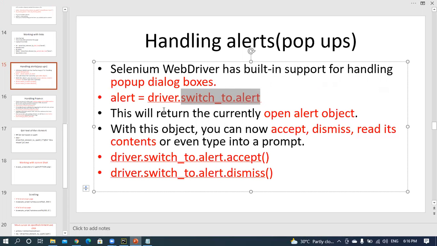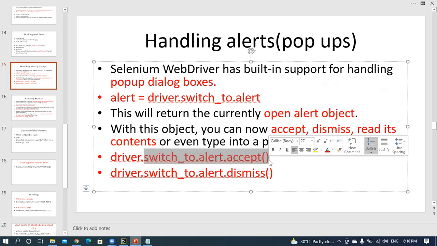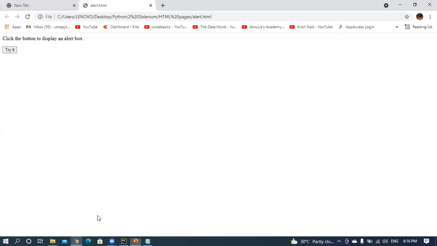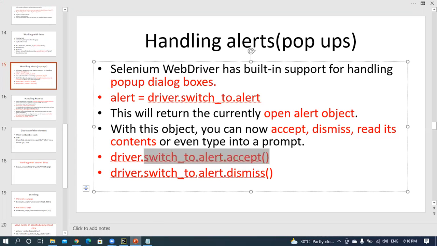There exists a pop-up. In order to handle this pop-up, use switch_to.alert.accept method. With that accept method, you can accept the alert. Accept in the sense of clicking OK on the alert. If you click here, it will automatically OK the alert. And then, if I want to dismiss that message, how can you dismiss it? With the help of the switch_to.alert.dismiss method. These are all driver methods: alert accept and then dismiss. These are all driver methods.